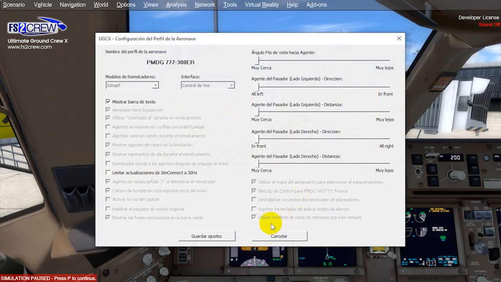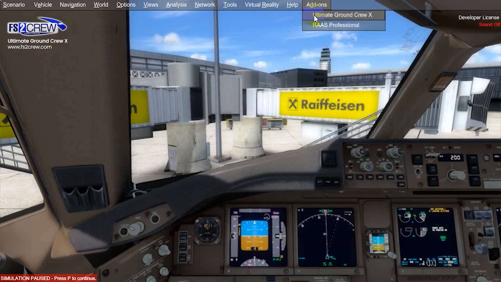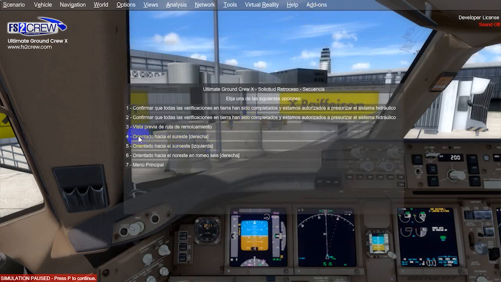Okay, there is a setting like this one that says use road names on pushback road names on menus. Okay, in this case, when this option is marked or checked, you won't see